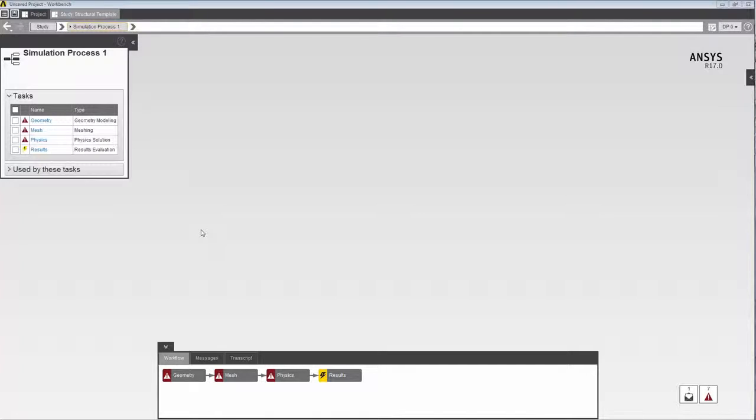AIM has automatically created the physics solution process using default settings for the geometry, meshing, physics, and results. Here's a summary of all of the tasks, along with their status. These tasks are also available in the workflow window in a data flow diagram format. In creating my simulation process, the first thing that I'm asked to do is define my geometry, so I'll select